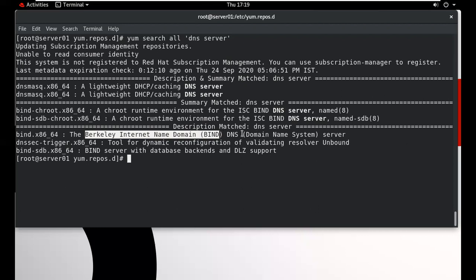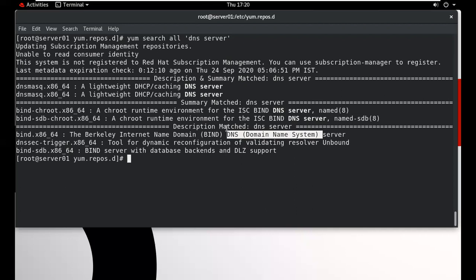But in Windows, we call this DNS only. DNS means domain name server. It is used to resolve names. It can be any website name, it can be your PC name. So it will resolve name to IP and IP to name.